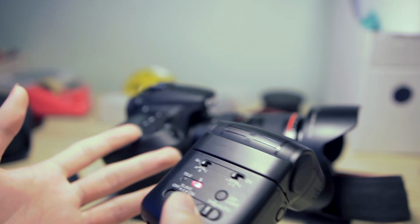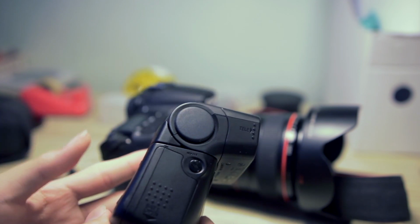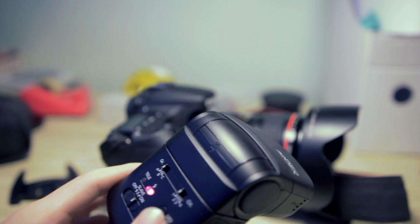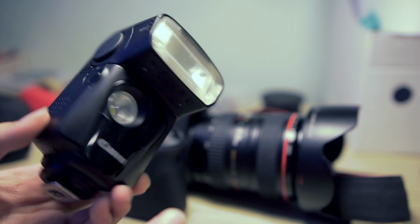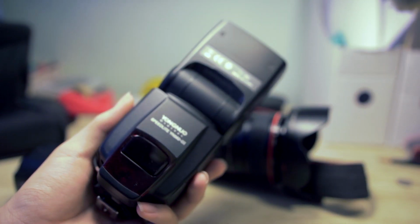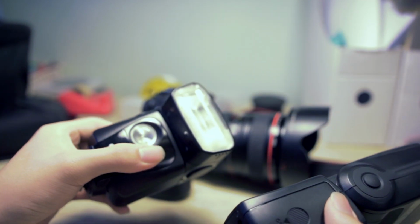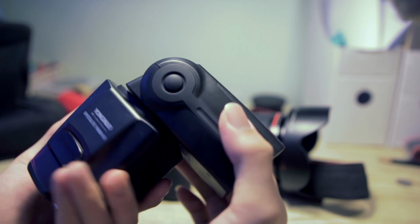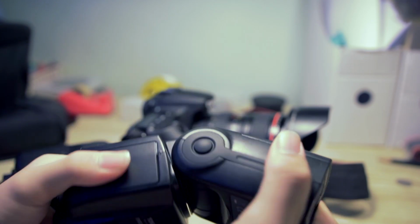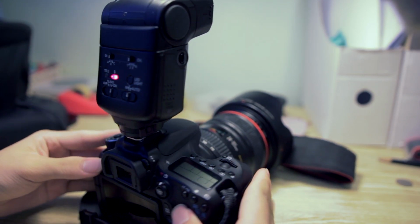Now a few complaints about this flash is mainly that for a flash of this price, it is not cheap. I expect better build quality and performance, but it has been quite a mild disappointment for me because it doesn't actually perform that well given its price range. For one of these 320EX flashes, I can actually get two high-end Yongnuo 560 Mark III flashes that simply outperform this flash. And if I get two of these, I still have money left. In fact, I would say the Yongnuo is built as good, if not better, than the Canon flash. As I said, in terms of performance, the guide number itself isn't that appealing, but still,